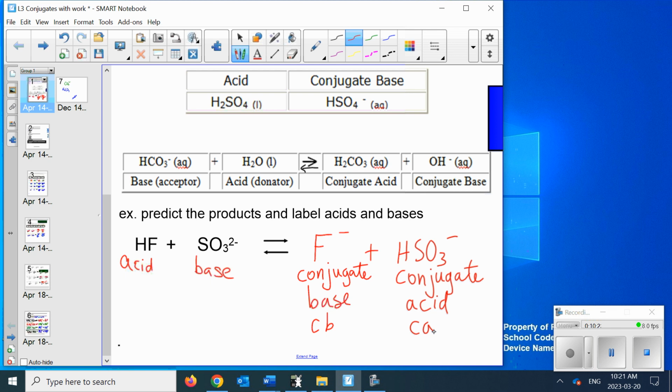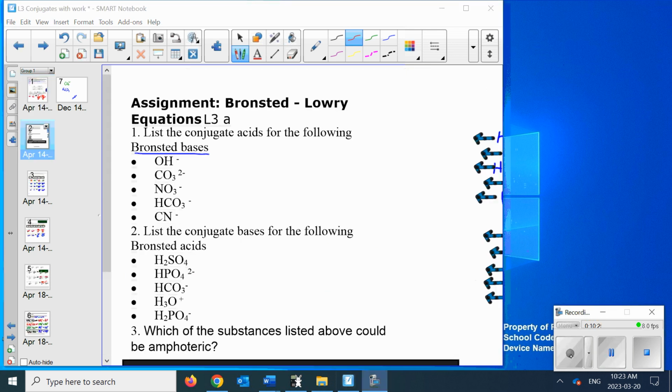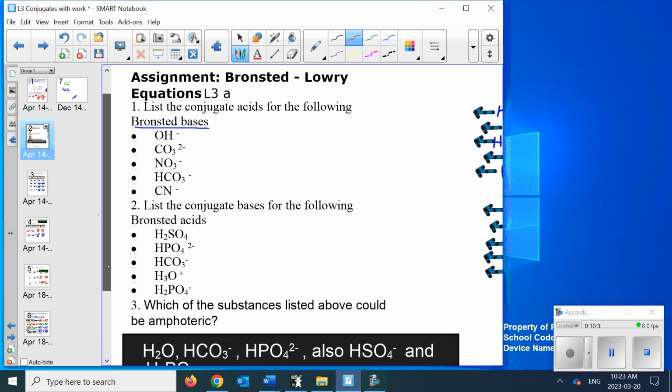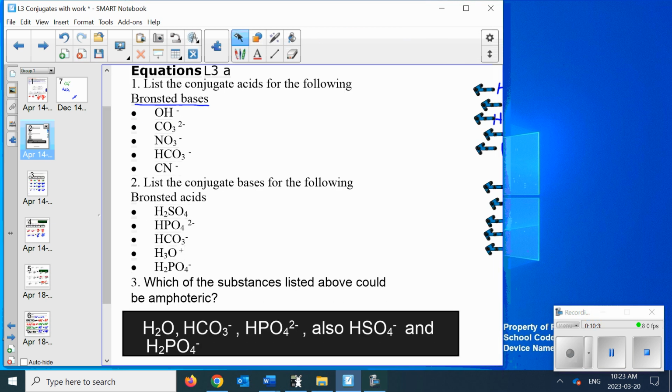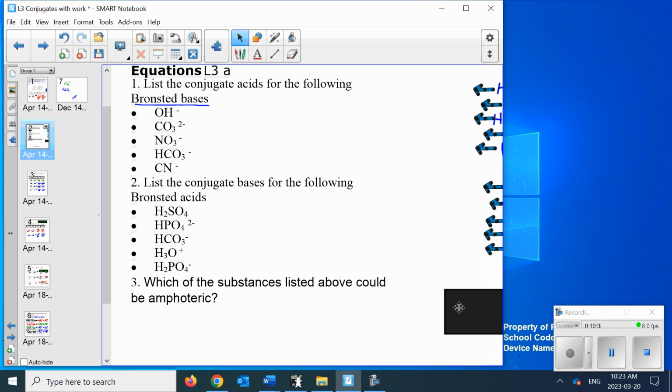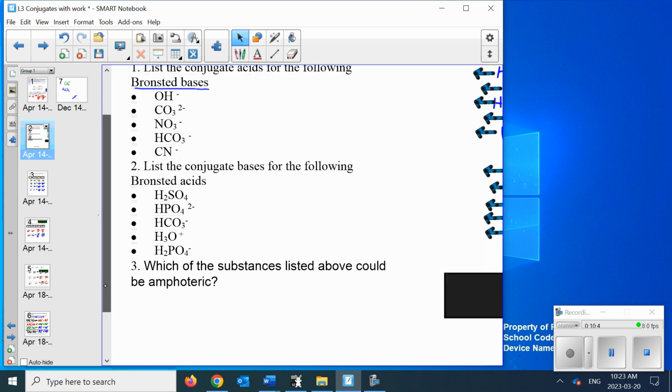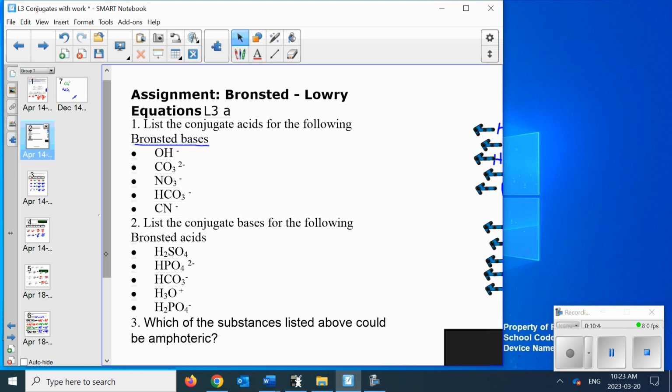Now, I'm going to give you guys some practice sheets. I'll pause the video so we all have this worksheet. I'll talk to you about the first batch of questions. Now, list the conjugate acids for the following. These are bases. What's the job of a base? To accept or gain an H plus. Now, I don't care which one. Choose one of these first five. Now I'll do it with